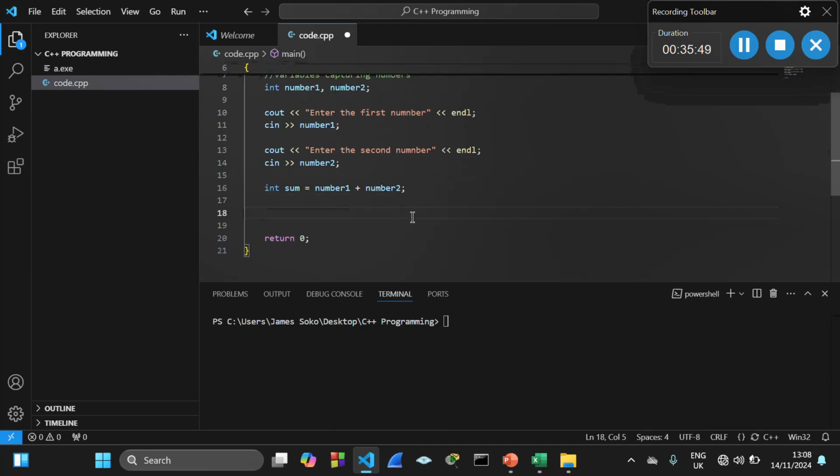So since this is only capturing, we need to display it to the user for them to see the answer of the sum. In this case, we are going to say cout, because we want to display the answer, then we give a comment. So the comment can be saying, sum of the two numbers is,